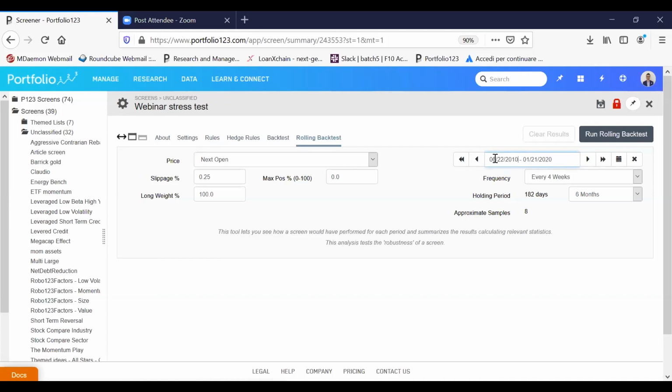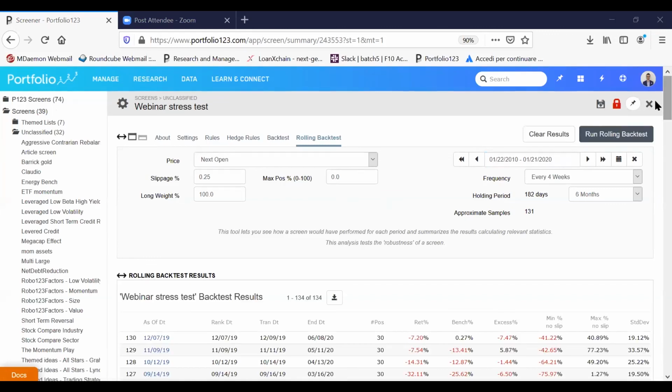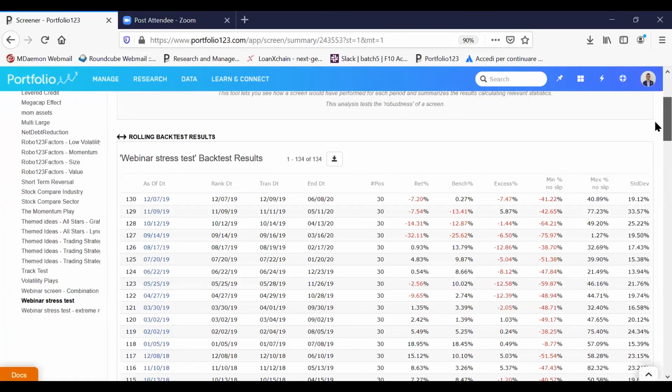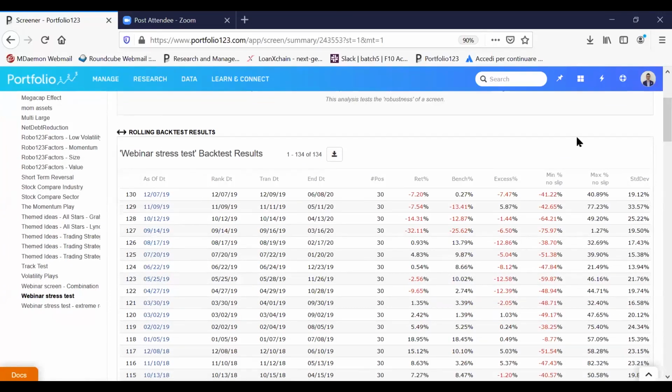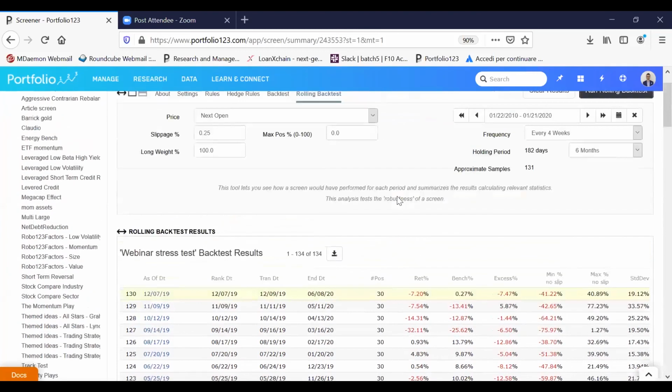Say last 10 years. So this is similar to the other tool that I showed you, for strategies, but this works for